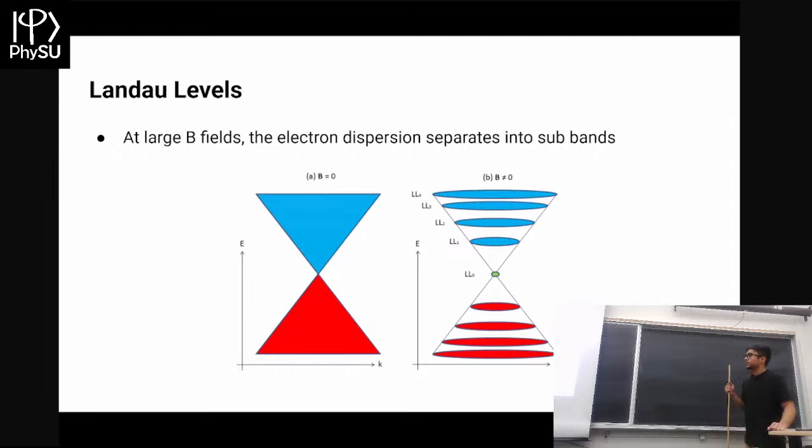Now, to explain this, there's this concept called Landau levels. If you imagine these electrons, this is their energy versus momentum relationship, their bands, right? As you increase the magnetic field, I said that it looked like a bunch of harmonic oscillators, and that's exactly what you get. You get these levels. These are very flat, and each of these are spaced out by a constant amount. And that constant amount is related to the frequency of this harmonic oscillator.